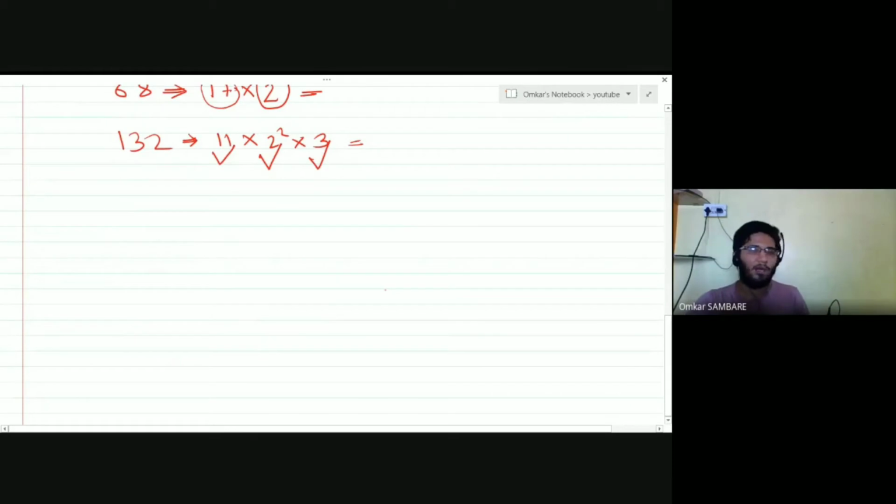Now here is the question, what about other prime numbers? Suppose the number is 17, let's say. We need 17 here, so let's take divisibility of 17. How can I get the divisibility of 17? Now here is only one method. By this one method, we can create divisibility of any number